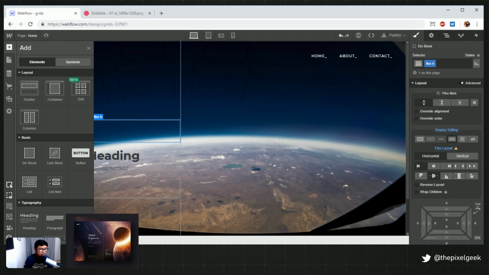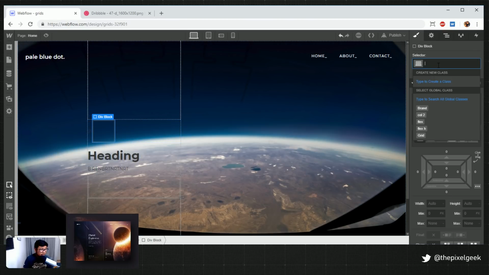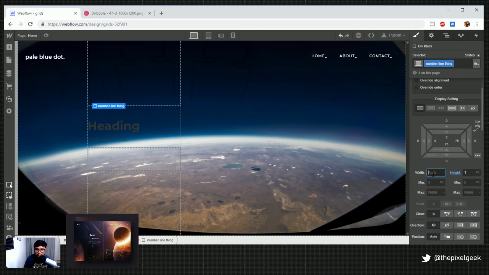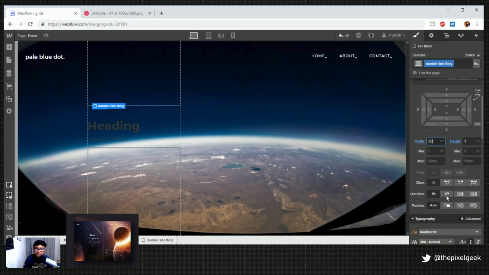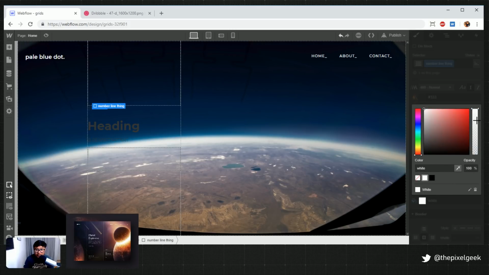Because I'm going to have text that says 01, and then I'm going to have another div, and this one is going to be the number line thing. The height's going to be 1. The width is going to be, choosing a number out of my head, 150. Too long. 50 is fine. And the background color is going to be white, but toned down a bit with opacity. There we go.